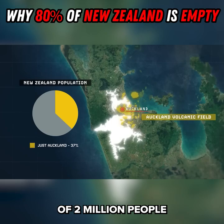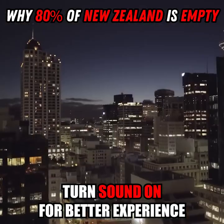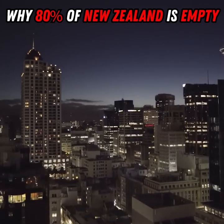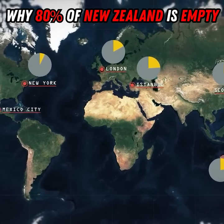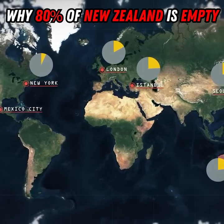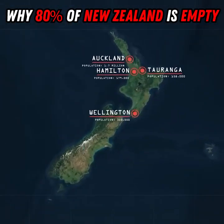This high concentration of people around just one city makes New Zealand one of the most highly centralized countries anywhere in the developed world. For the sake of comparison, these are the percentages of a few other countries' populations and their biggest cities from around the world. So including Auckland, the North Island is home to 4 out of 5 of New Zealand's largest cities,